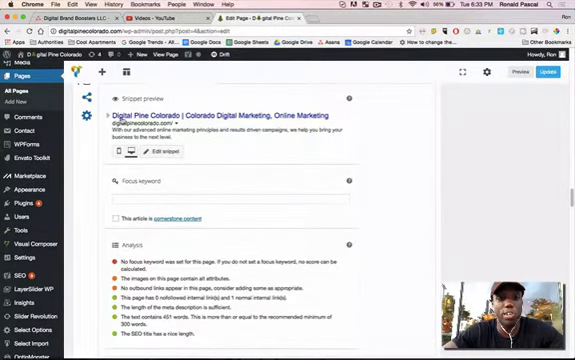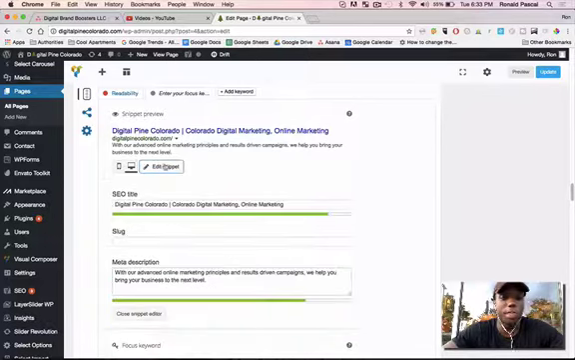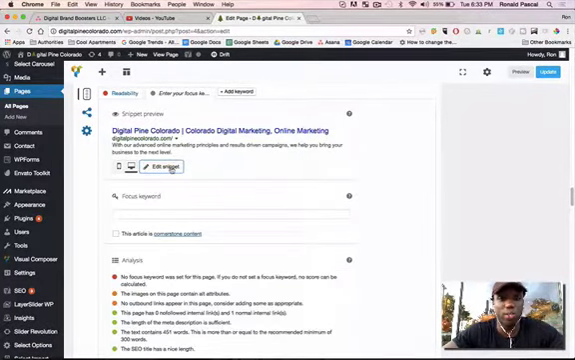And boom, you'll see here Digital Pine, Colorado, and all the information here. This is the plugin in full effect, okay? So overall, this is how you use WordPress.com with